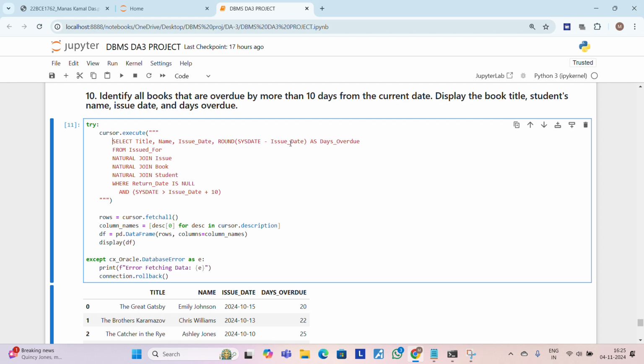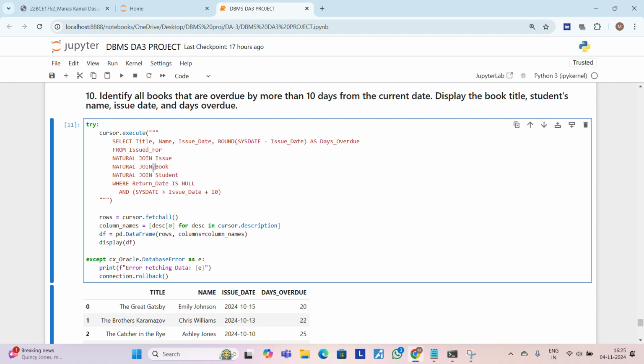I'm rounding it because in a date time operation, when you're subtracting, it also shows the number of days along with decimal values, which includes the time component, right? So I'm rounding it to show whole numbers which represent the days overdue,